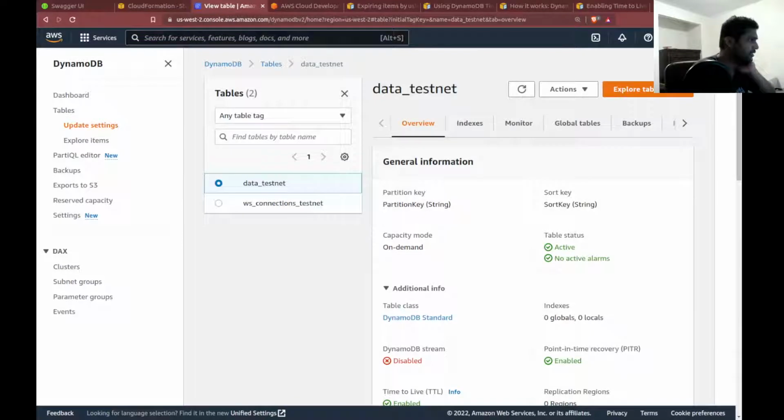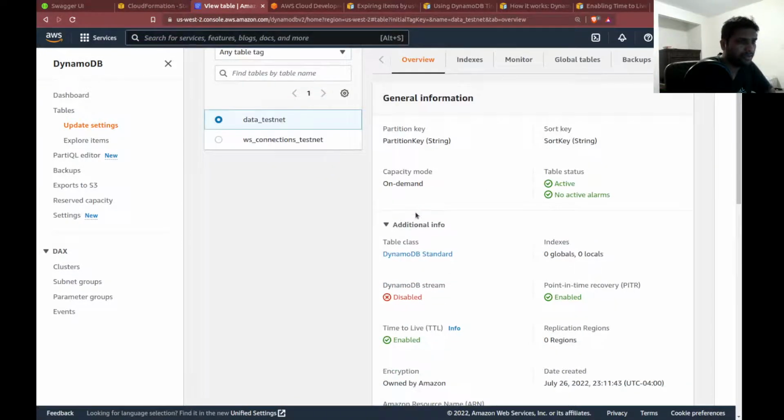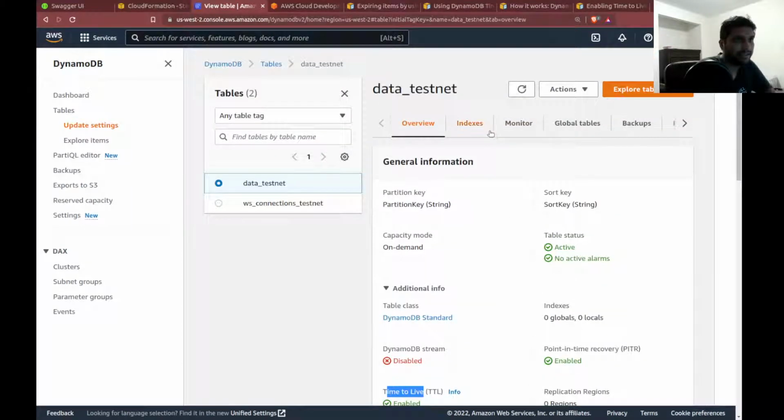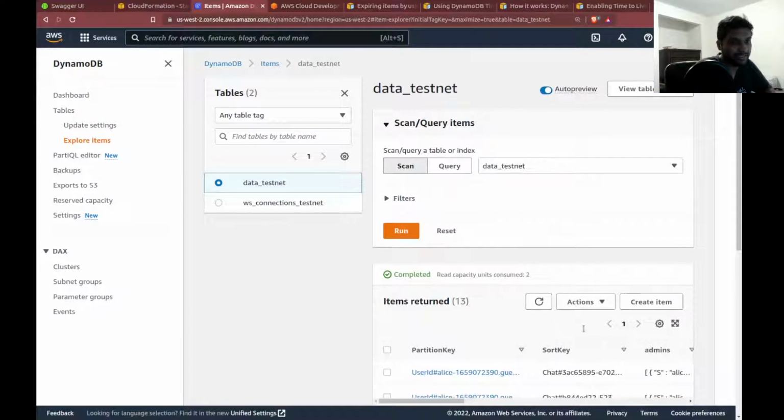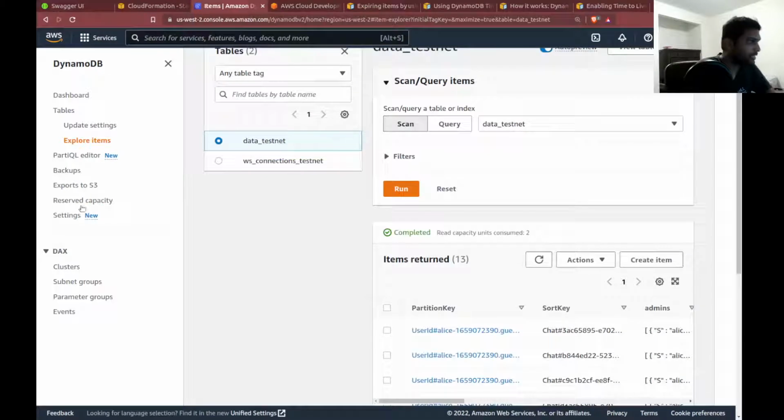So when you open that database table now, we can see that time to live has been enabled, and there are no records today that have TTL on them, so they're just not going to work. So what we're going to do is actually take